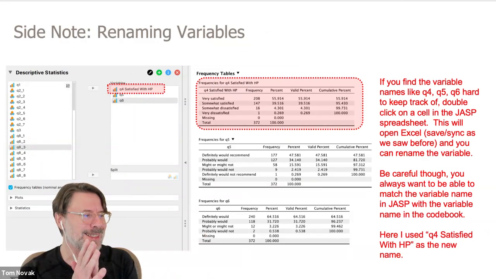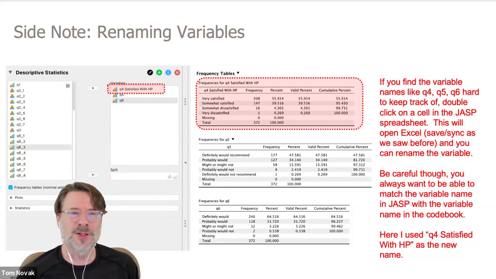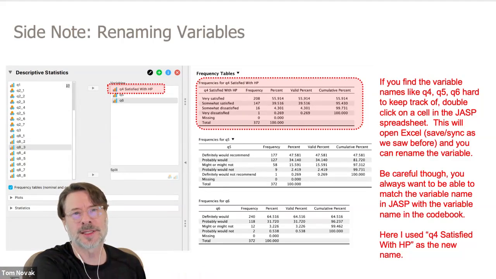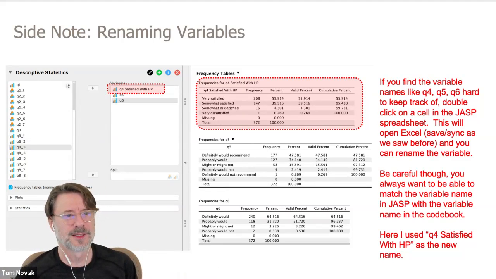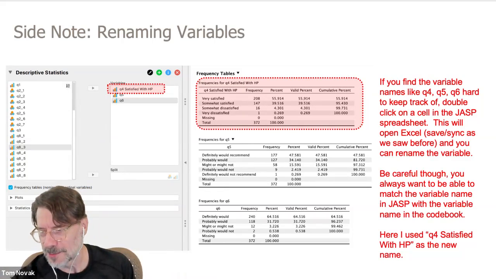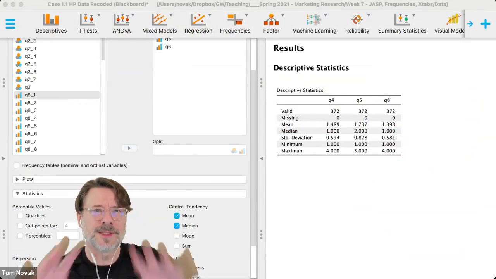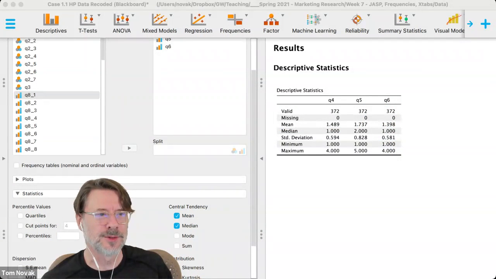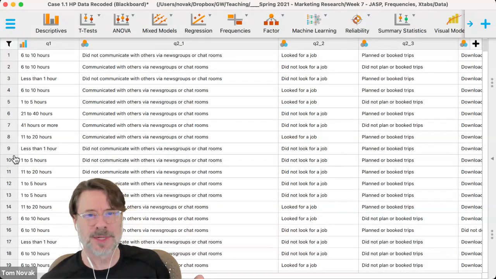Now, again, I mentioned this earlier, but if you don't like these question names, like Q4, I did that trick I showed you a few slides back. I went into the spreadsheet. Oh, how do I find my spreadsheet? Let's go back to JASP. So here I am in JASP. Remember, everything is in one window, and you've got these little things you can use to control. But if I hit this left arrow here, there's my spreadsheet. I can literally go back and forth between the